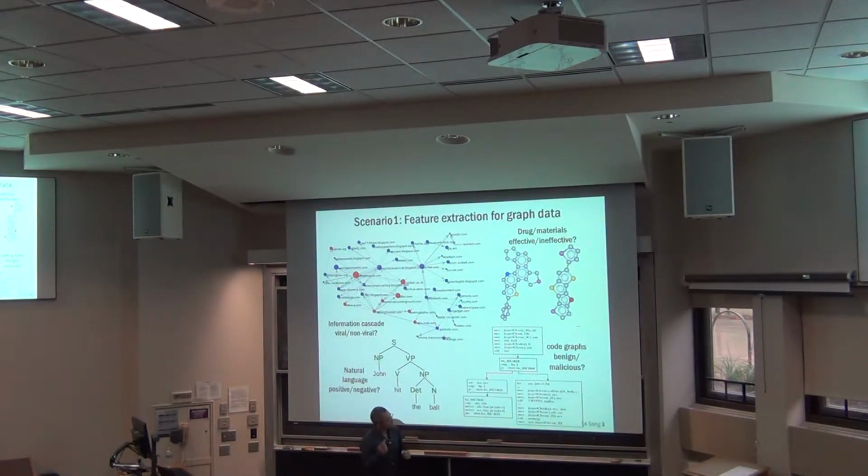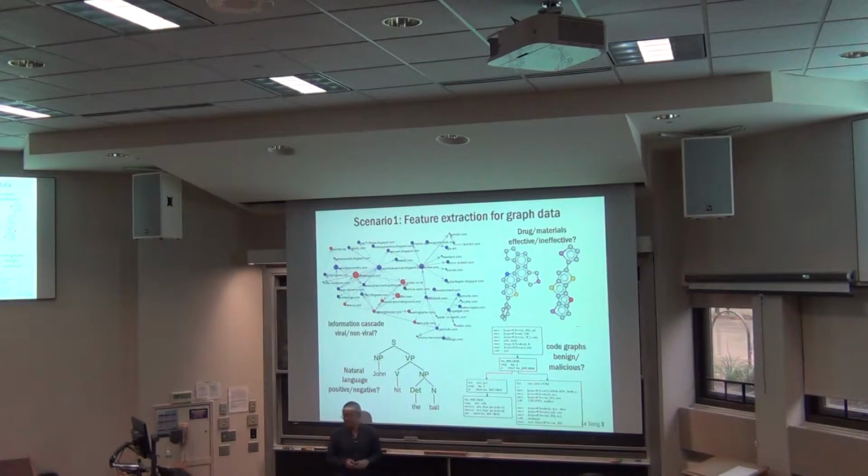and make a prediction. So we have also tried to use graphs to represent computer code, right? In a computer program, there are many different functions. They call each other and form a very complicated graph structure. And then there may be malicious code. There may be normal code. You want to make a prediction whether this particular code is malicious or not. Then you also want to classify this graph structure based on both the connectivity and also some